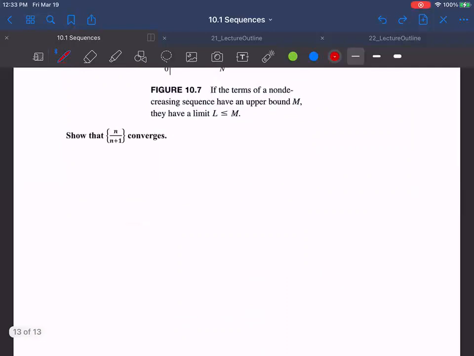It says here, show that n over n plus 1 converges. So let's do this pretty easily here. If we look at n over n plus 1, that's going to be 1/2, 2/3, 3/4, and so on and so forth, right? We were just working with this one on the previous page. What we learned about it is it's bounded by 1, m equals 1, right? Didn't we just do that? So this is bounded by m equals 1,